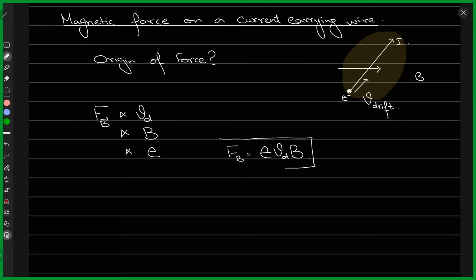Using this expression, we can compute the magnitude of magnetic force exerted on each conduction electron, right? Why each? Because this is just for one electron. If you want the total magnetic force, then you multiply it with the total number of electrons, right? Now,